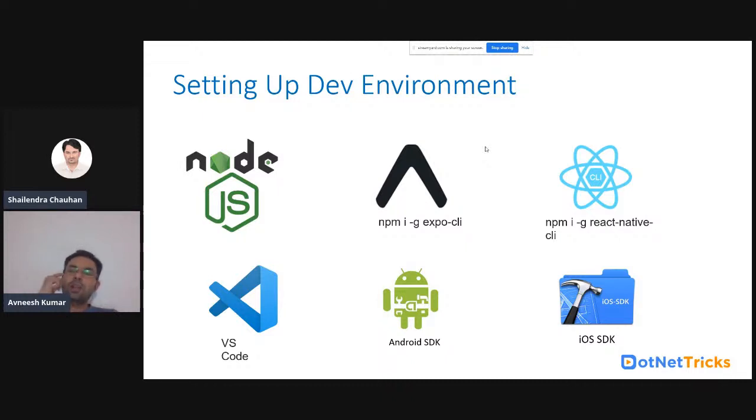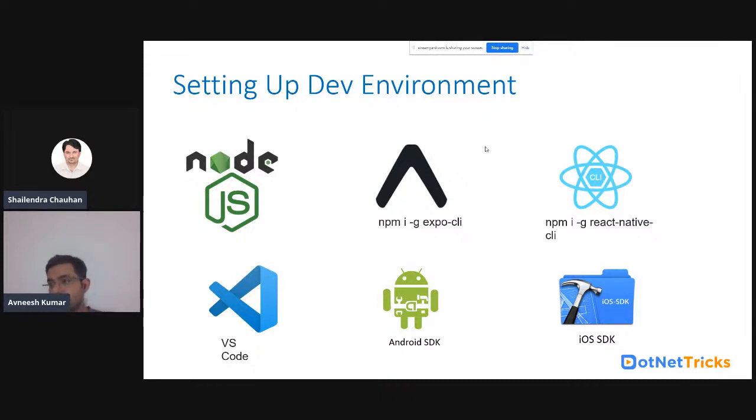Expo CLI will reduce your effort to configure your application for a React Native runnable environment. It takes just a single command and your application will run. But in React Native CLI, you will have to go through different configuration parameters.